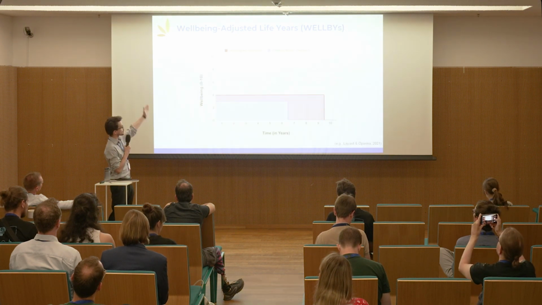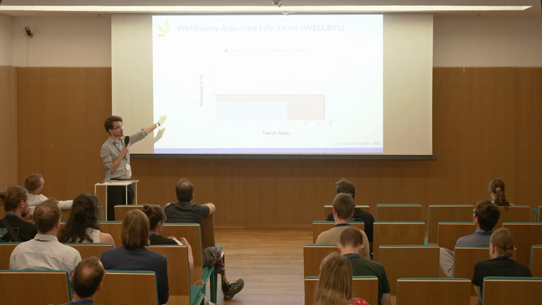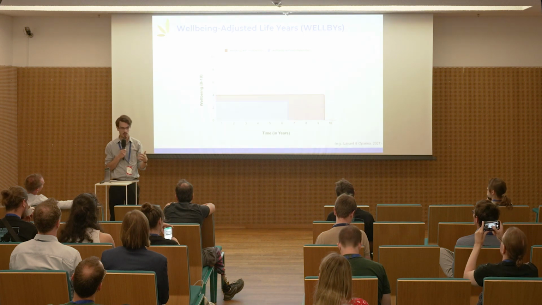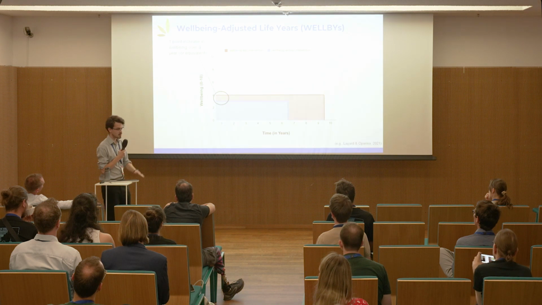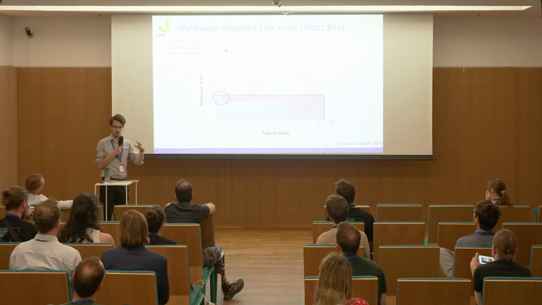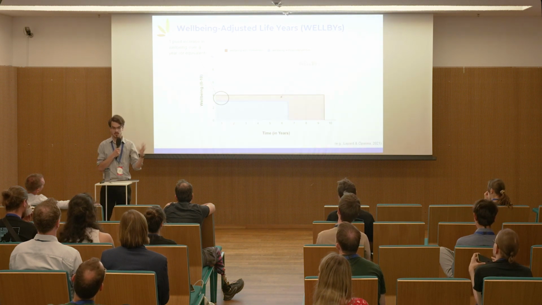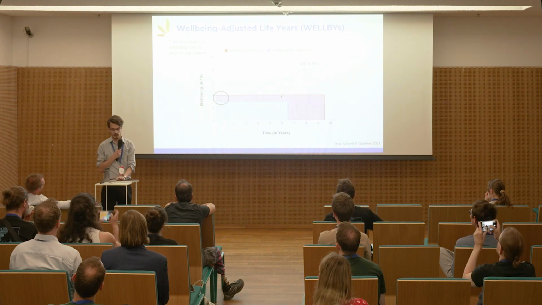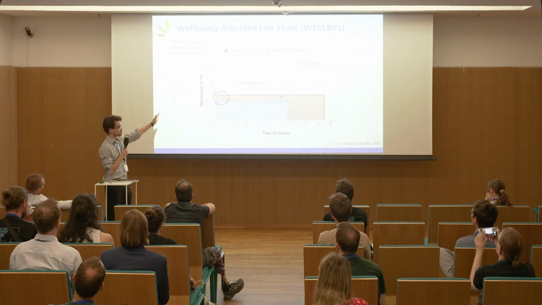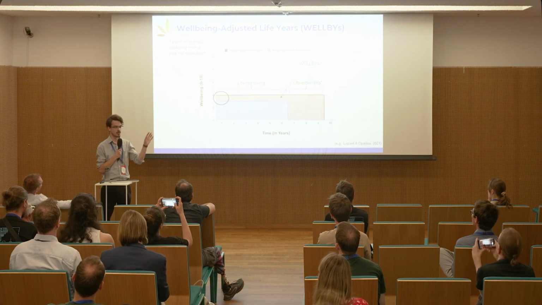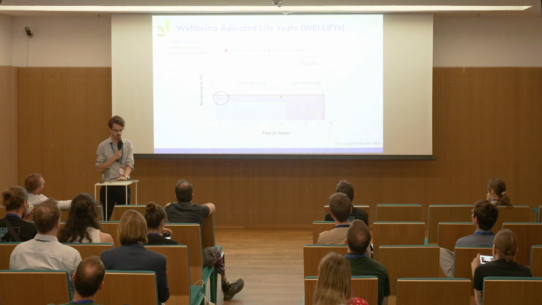On this graph, you have people's well-being over time. In blue, you have the well-being these people would have without your intervention. And in red, you have the well-being that your intervention adds. And one WELLBY is a 1-point increase over a year, or any equivalent combination of this. And all of this red area are the WELLBYs that the intervention is producing. And the intervention can produce WELLBYs by improving a life or by extending that life. And I'll come back to that with more detail towards the end of my talk.